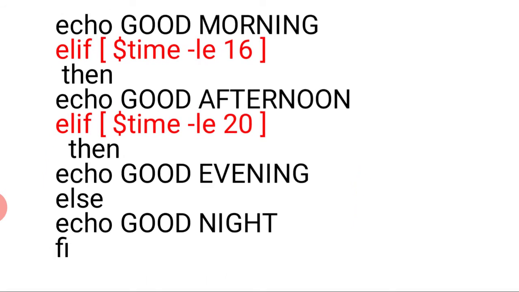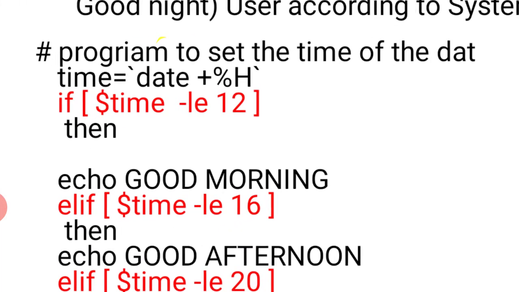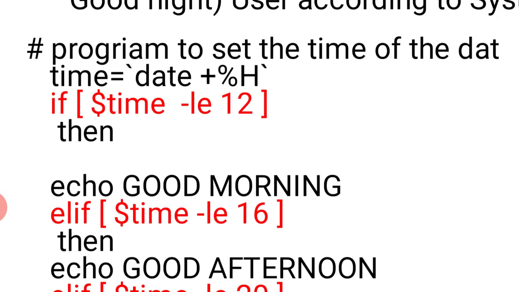So this is a simple format for how you can display a message of good morning, good evening, good night according to the system time. The time variable is used, and with time you need to concentrate on both sides: time equal then backtick. There will be no space on any side of the equal symbol. Date then space plus and percentage. There must not be any space between plus and percentage, as we did with the date command at the start of the session. So this date command option is used here to store the hours in the time variable. Here the time variable is assigned the current time, the current hours.